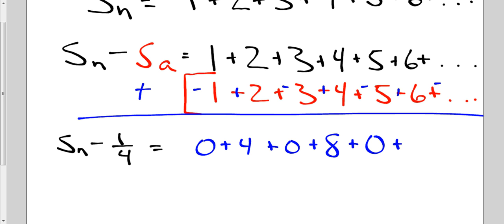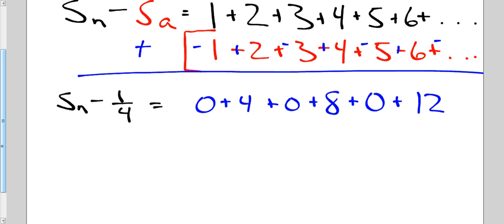I love it when a plan comes together. 6 plus a positive 6, 12. Now, I can simplify this guy, right? Oh, I can't forget the plus dot dot dot, right? Do I need to write the zeros in there? No. So this equals